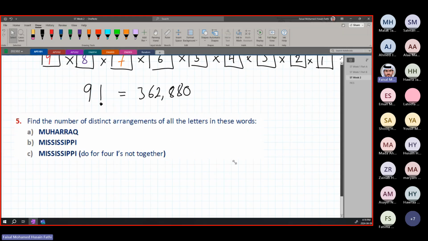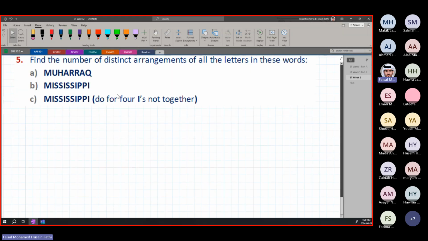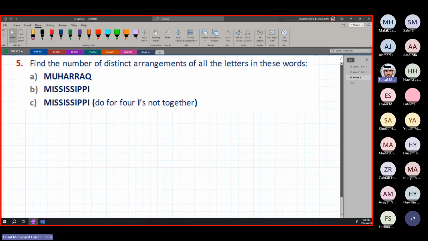Find the number of distinct arrangements of these letters. What does that mean? It means they want us to find a way of ordering these letters specifically. All right. Find a distinct way to arrange these letters. And now, for example, one way of writing this is Muharraq for the first one. All right. So we have